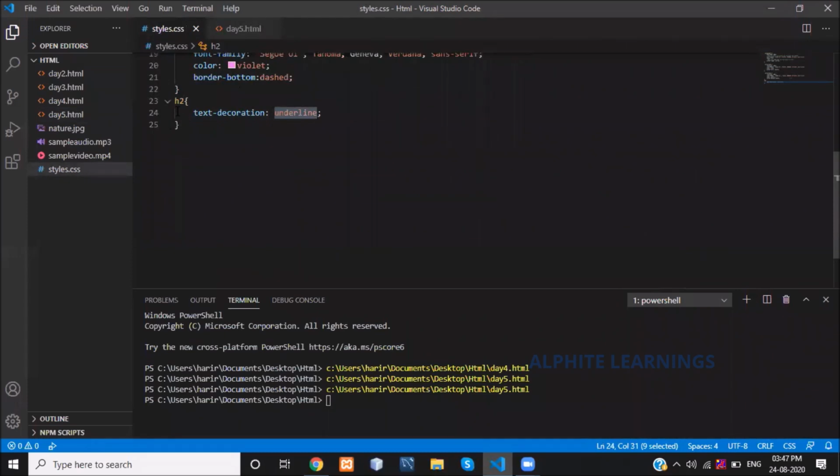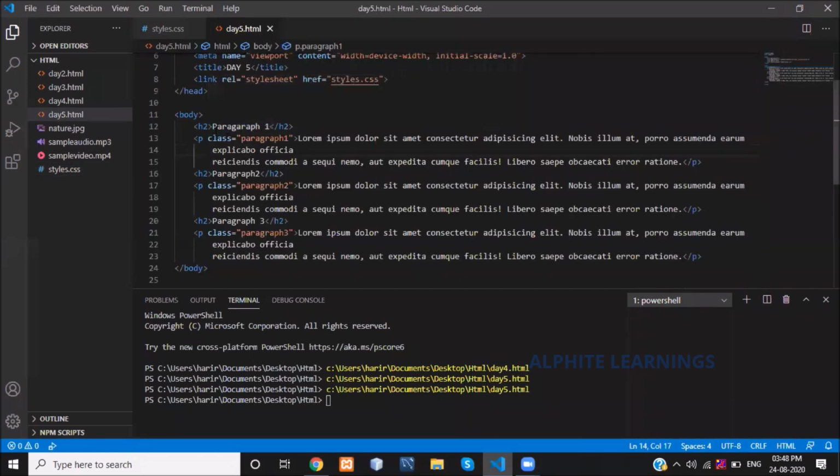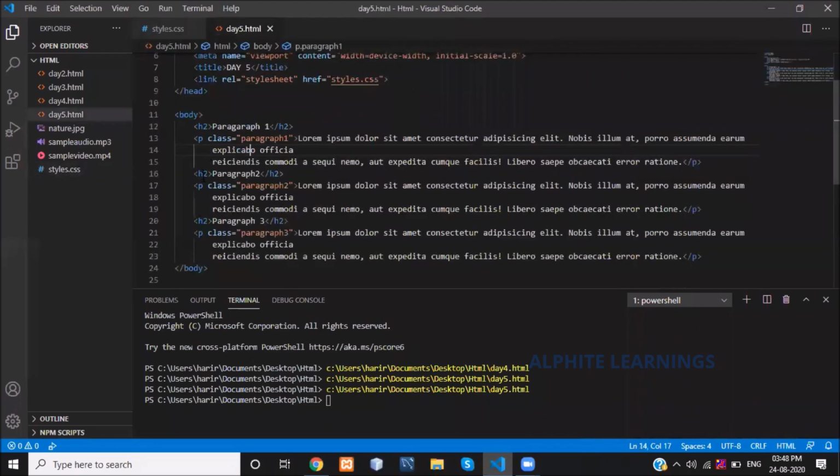If you are using H1, H2, H3, you can give all of them separated by commas. You can change accordingly, and that will replicate accordingly. For whichever styles I have mentioned, H2, H3, H1, you can add changes. For paragraph 2, I am using H1.